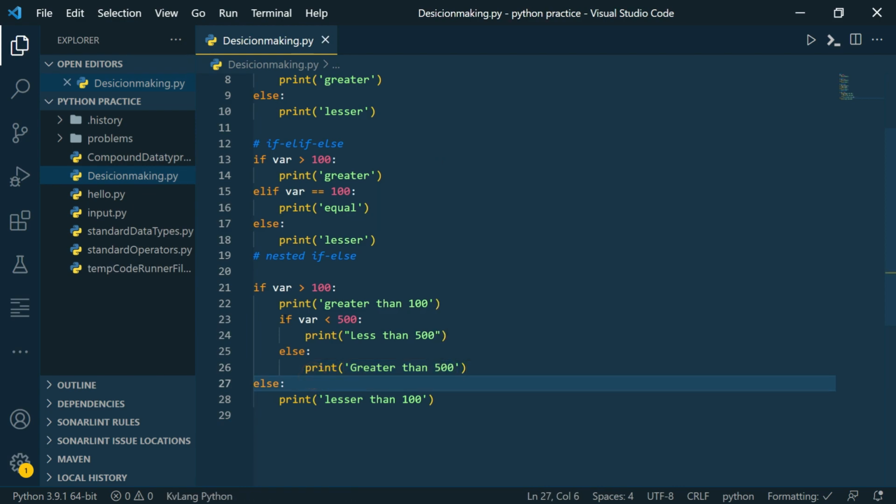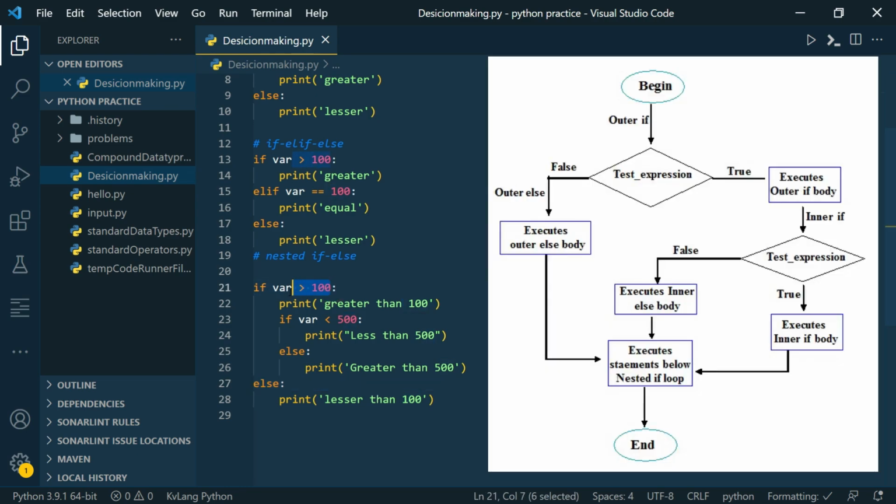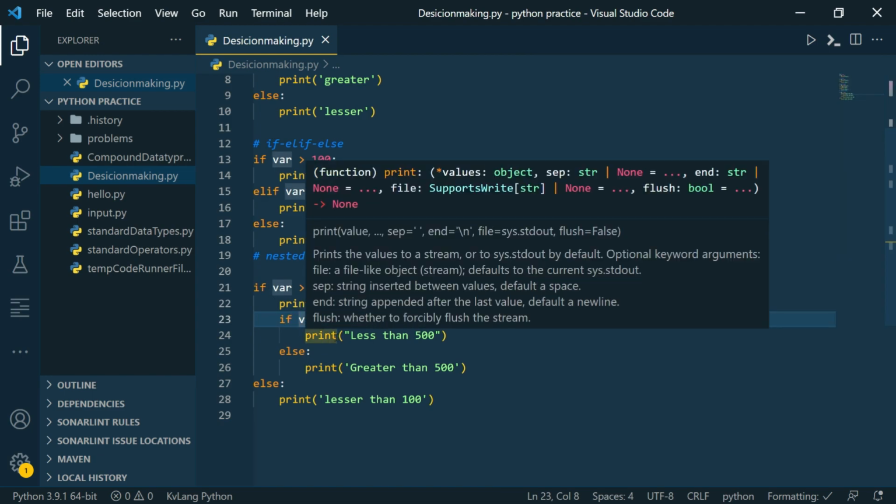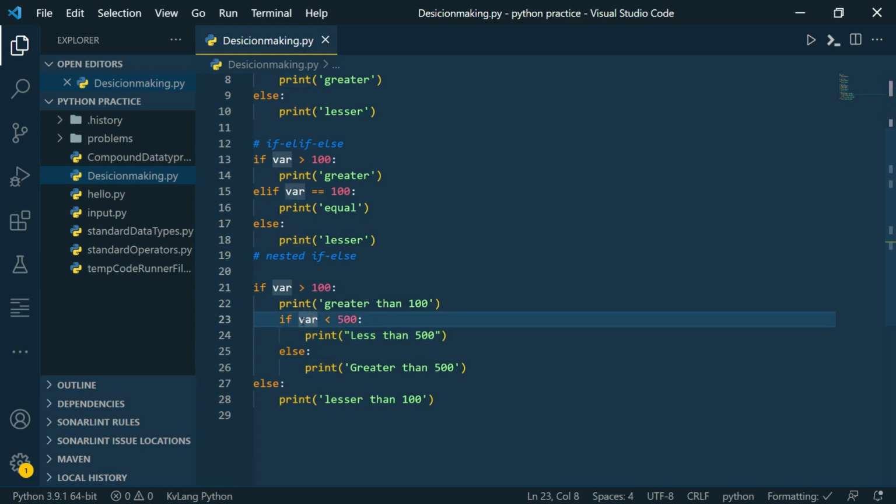So basically the flow is, first the outer condition will be checked. That means if var is greater than 100 or not, and if it is greater than 100, greater than 100 will be printed, and then this inner if statement will be checked. The condition we have here is if var is less than 500, then less than 500 will be printed, and if it is not less than 500, that means if it is greater than 500, greater than 500 will be printed.